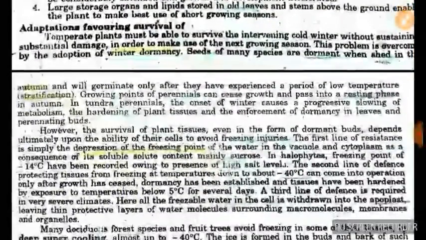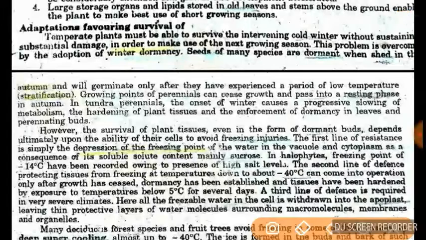Now the adaptations favoring the survival of the seeds of the next generation, how they are going to survive for the next generation. So there is a term called winter dormancy. Winter dormancy means the resting stage. Okay, so in seeds we can see the winter dormancy, and what happens in the autumn, the seeds are shed and they will germinate only after they have experienced a low temperature. मतलब एक पूरा लो टेम्परेचर को बेयर करने के बाद ही वो क्या करेंगे, germinate,